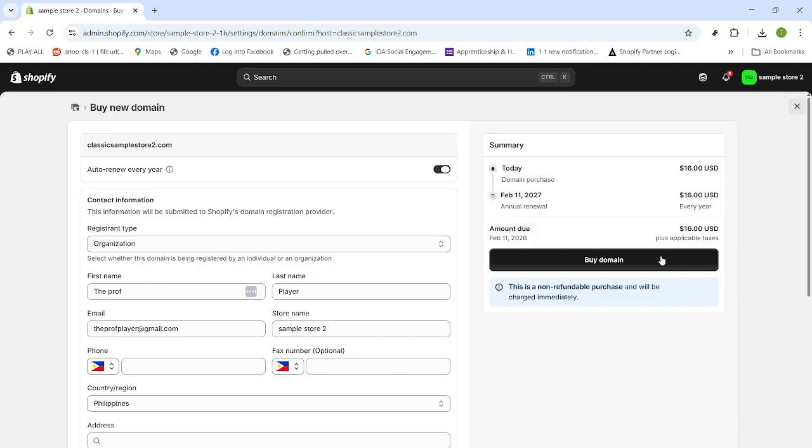That's it. You've added a custom domain to Shopify right from the admin with minimal setup. Keep your contact info up to date, consider leaving Auto Renew on, and if your first choice is taken, try a different extension or a short, memorable variation of your